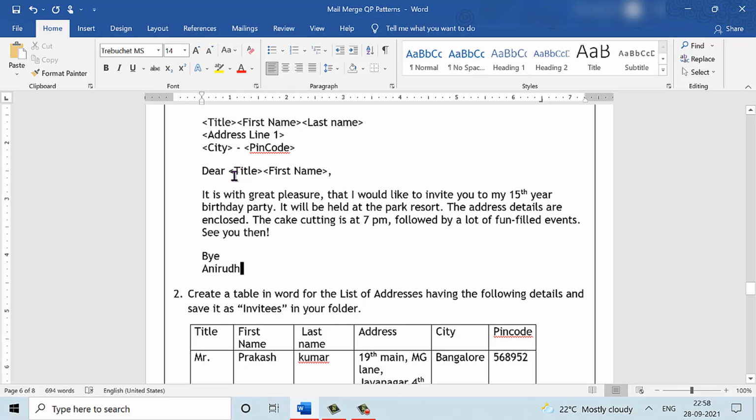So this is something that we should not miss while reading the question, especially while merging fields, because fields need not always be a part of the address or in the beginning of the letter. It can also be in the middle of the letter or towards the end of the letter. So we will have to identify these fields by seeing the column headers here and appropriately do our merges. With this, we have seen 5 different question paper patterns where mail merge has appeared differently. So let us do 1 or 2 of them and see how it feels.